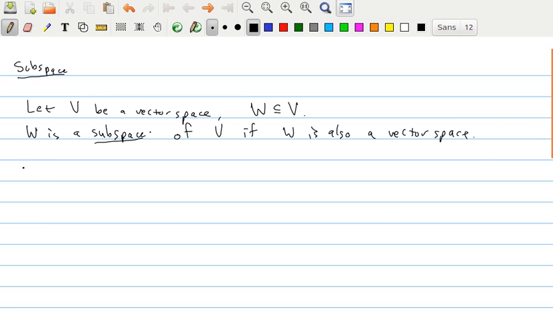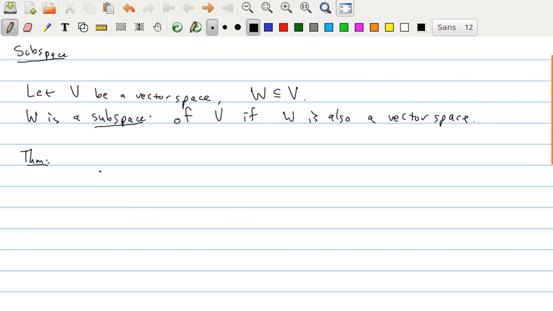First, it's handy to have this theorem which gives us a faster test to determine if something is a subspace. This will be almost the go-to because we saw previously that proving that something is a vector space is very tedious. This gives us a much faster test to determine whether or not we have a vector space. So this is the subspace test, and the way this works is we say, if V is a vector space,